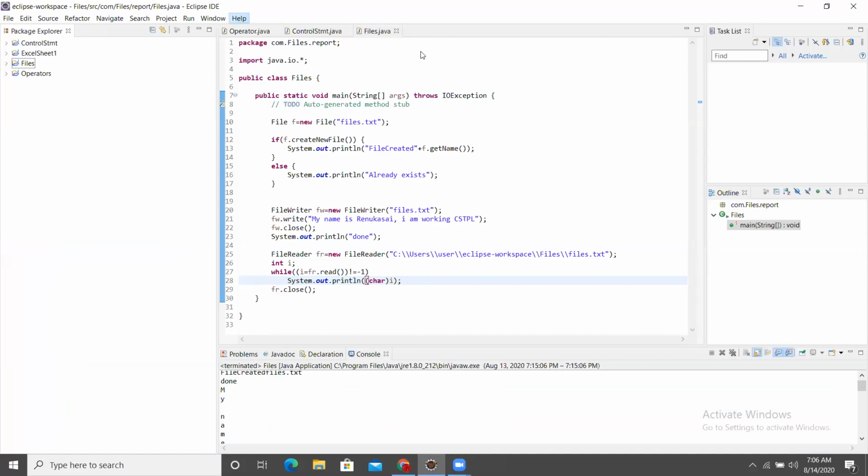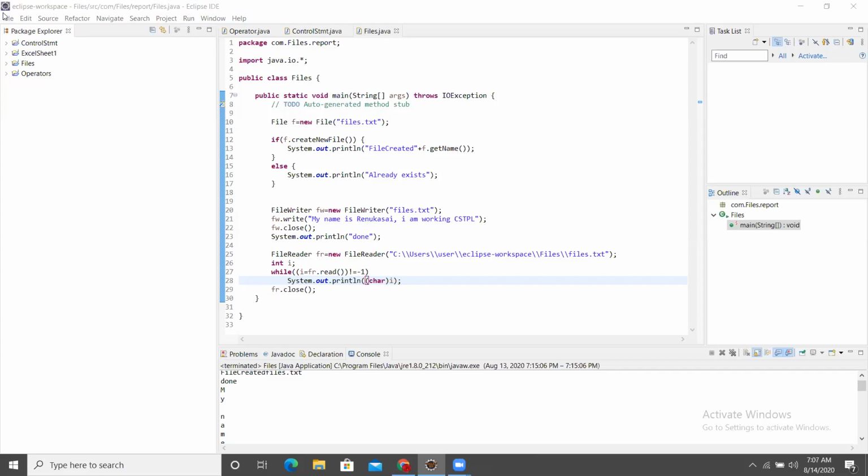Is my screen visible, sir? Yeah, we can see. Can everyone see her screen? Yes, sir. Okay, just quickly create one project, Renuka.